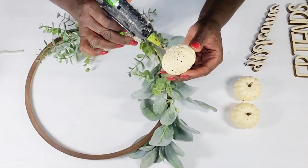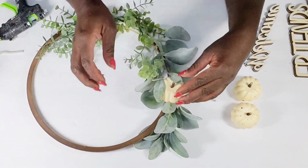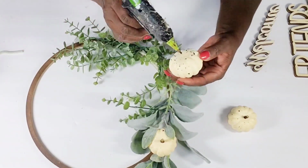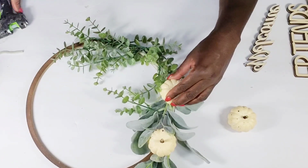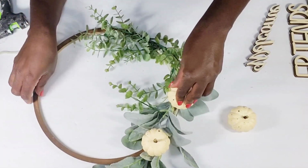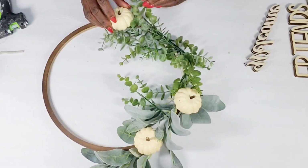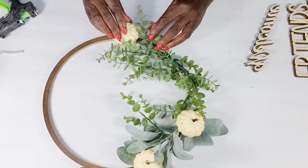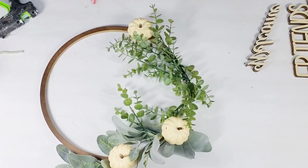Now what I'm going to do is hot glue these pumpkins, and I'm just going to blend that one in with those leaves, and then I'm going to add a second one. I'm going to skip down to the bottom a little bit because I'm leaving that space there for my raffia and my bow. And so after I get all of that tacked down,